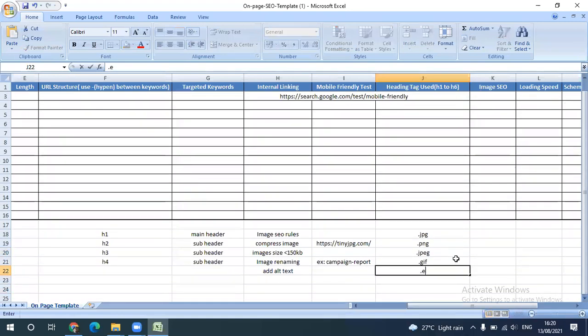One more is WebP, and in the website you can give first preference to WebP. It's not that you have to use only WebP, but I am saying why we give WebP first preference: if you convert the image to WebP format, the size of the image will be reduced more or less.